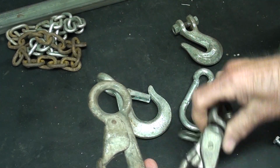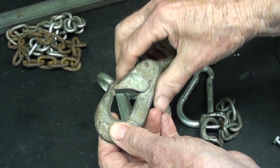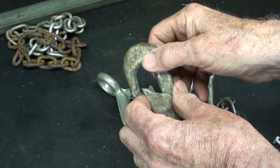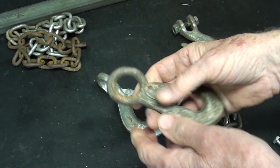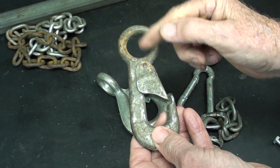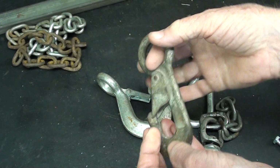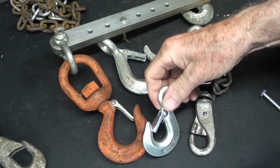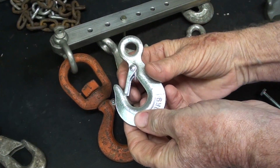This one, although it looks like this, actually is from a safety belt that men would use when they're working on steeples or trees or something like that. So we know that would be incredibly strong, but again, no swivel, but I like the large loop, don't you? I guess I forgot to show you this, but this is really the size of grab hook that I want,